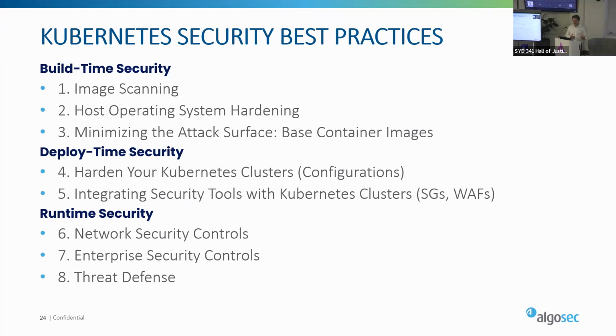Then there is runtime security. Network security control: a critical concern is security in corporate networks, especially security groups managed by cloud providers. They are all focused on the node level. You can control traffic to and from a node, but existing controls do not know which pod or service is running on a node. This makes security controls largely ineffective at runtime, because different services may be running on the same node at different time intervals, each with its own security requirements.